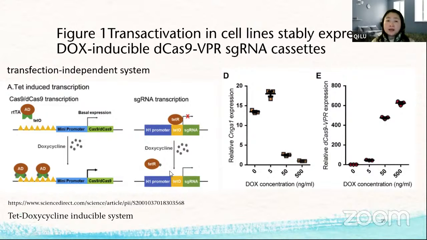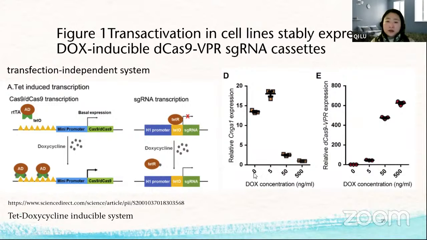After adding the DOX, the TET receptor will bind to the promoter of the dCAS9 system, then start to produce the Cas9 VPR expression. And this expression is dose dependent, kind of a linear response against the DOX concentration. However, the functional expression activation of the CNGA1 has an optimal dose of 5 nanogram per ml,